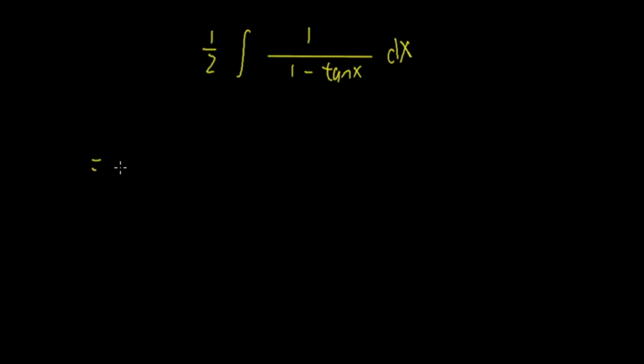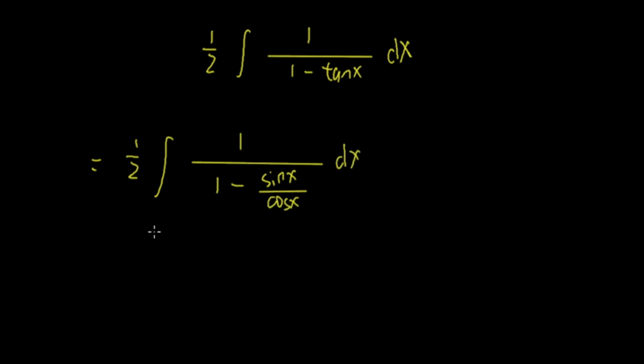That's equal to 1/2 integral of 1 over, we know that tangent x is the same as sine x over cosine x, dx. And let's rewrite this with the common denominator. So 1/2 integral of 1 over cosine x over cosine x minus sine x over cosine x